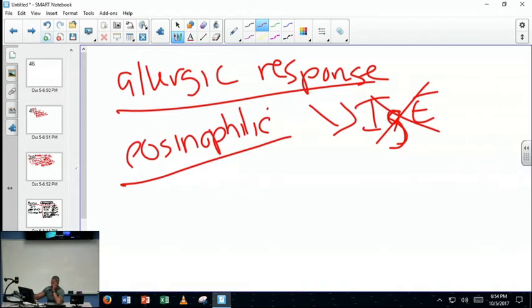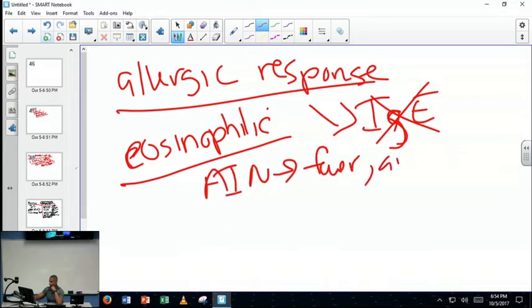And that's big because when we talk about acute interstitial nephritis and you want to diagnose somebody with it, when you have allergic responses, can you have rash? Can you have fever? Can you have joint pain? Yes, yes, yes, and yes. So with acute interstitial nephritis, you can have all of these things: fever, arthralgia, rash, on top of the fact that you're developing renal failure,